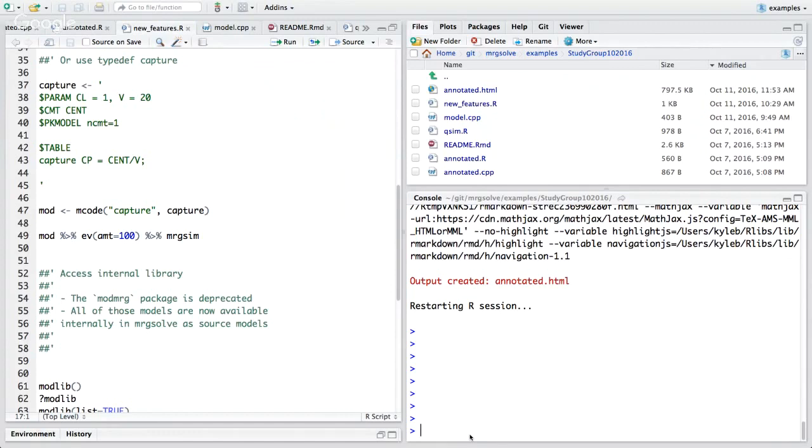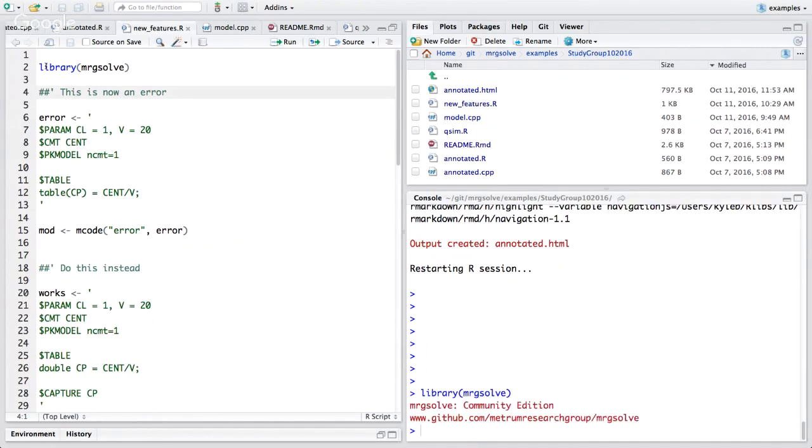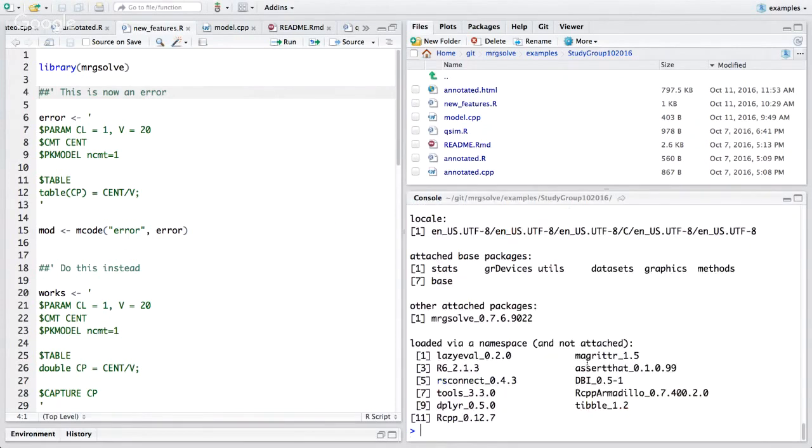So I'll go ahead and just get started on the new features. A quick word about the version that I'm using. This is going to be a kind of a code-along thing. So I'm using MRD Solve 7.6.9022, and this is a version that's pretty